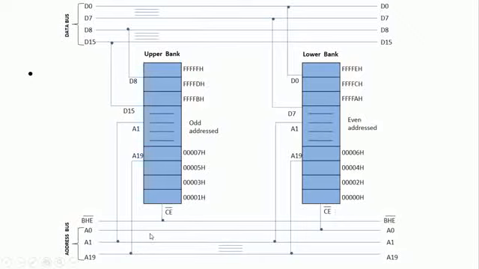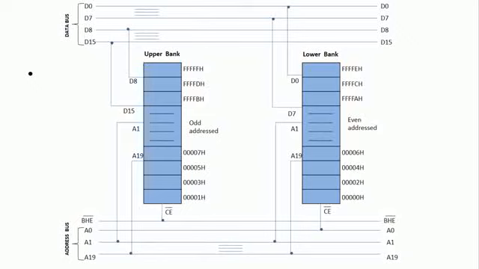And A0 is not connected to this one, and BHE bar is connected. So when A0 is 1, at that time this bank is going to be enabled by using the BHE bar signal. That's why it is called the odd bank or the upper bank. So the lower bank is connected to the lower order data bus, and the upper bank is connected to the higher order data bus. This is the